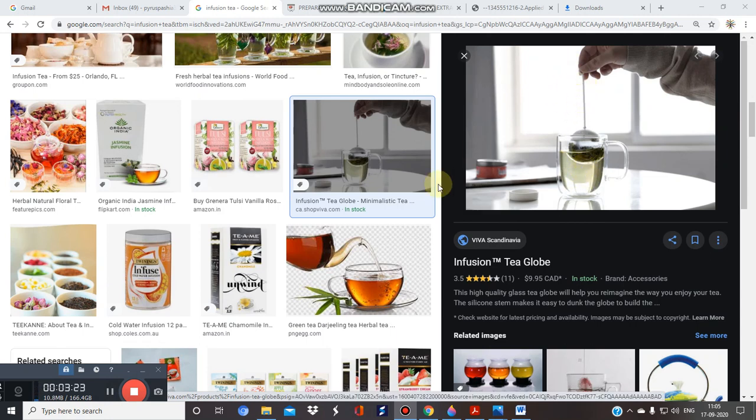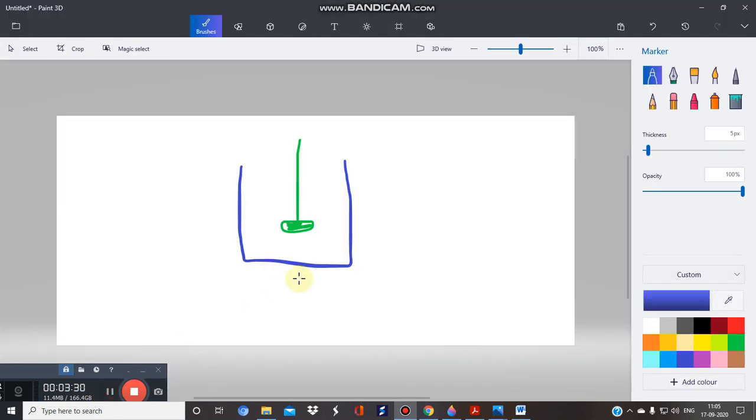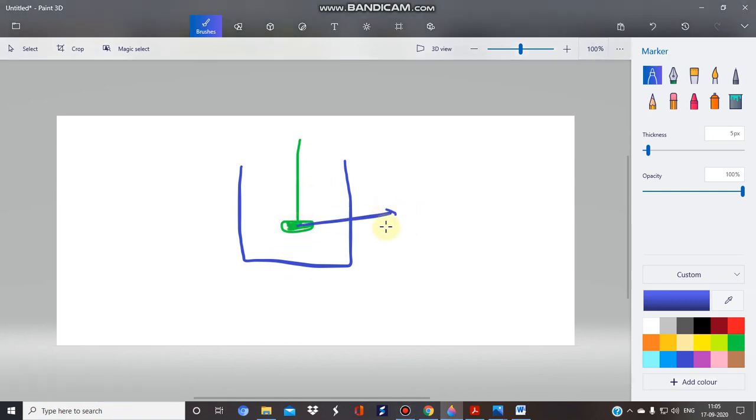So what happened in this case? This is also an extraction procedure. See how? Suppose this is a tea bag, and what is inside it? Inside it is a drug in which chemical constituents are present. Generally, in this case we are using water as a solvent, and suppose you are using hot water. You will dip your infusion bag in this solvent. And what was happening in this procedure? Yes, an extraction procedure is going on.